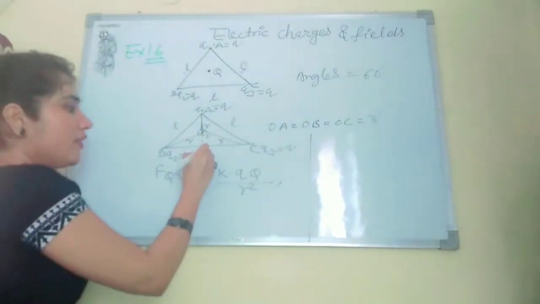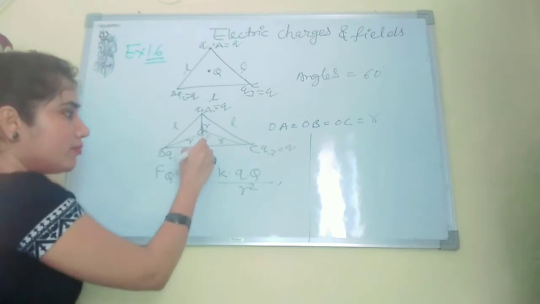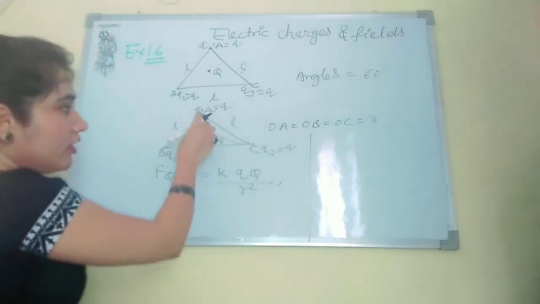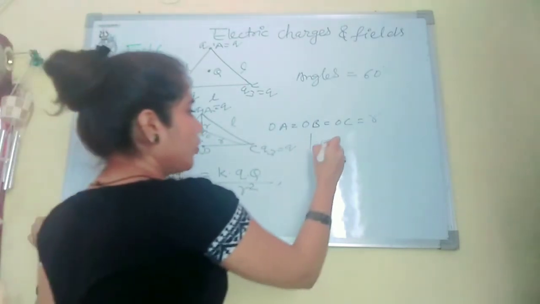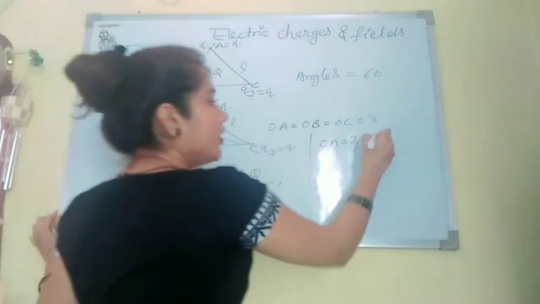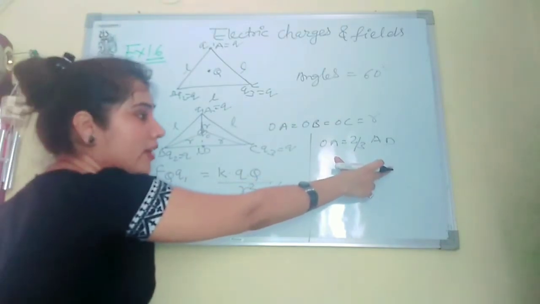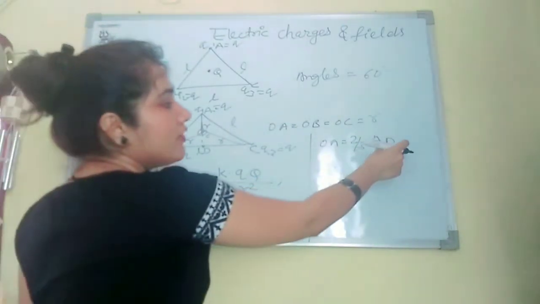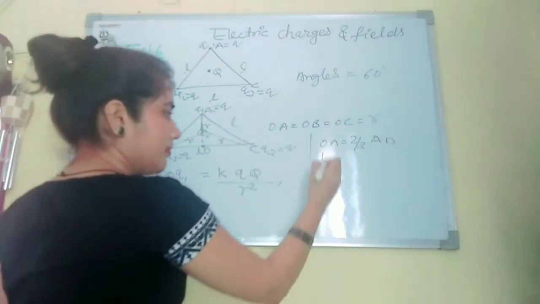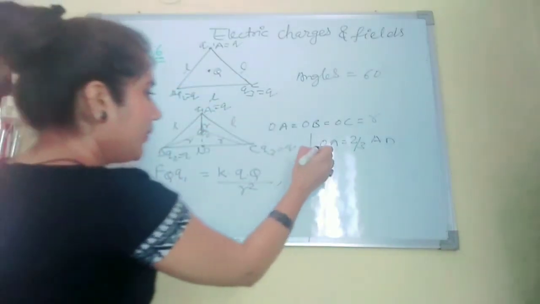Suppose this is AD, we have taken one point D, and this is the perpendicular which we have taken from the vertex to the base BC. So in an equilateral triangle, we know that OA equals 2/3 of AD, by the property of the equilateral triangle. So we should now find the value of AD. How will we find it? Suppose we take just this triangle.